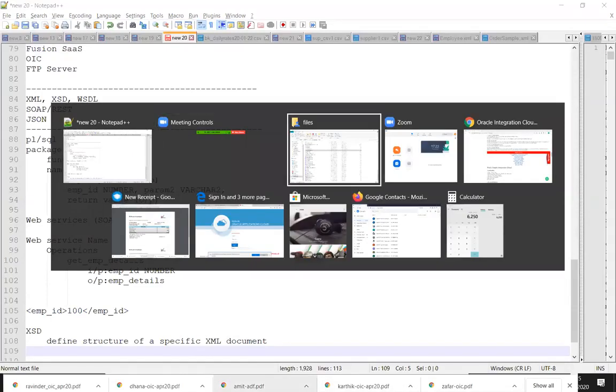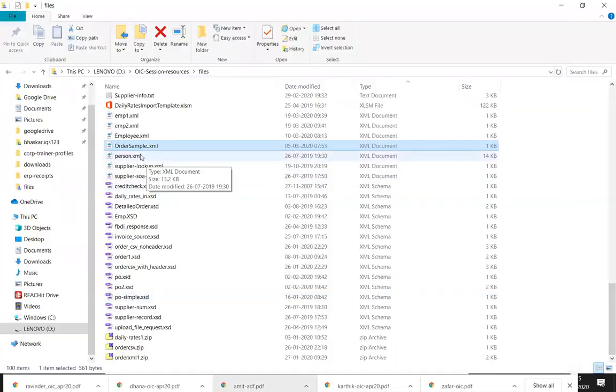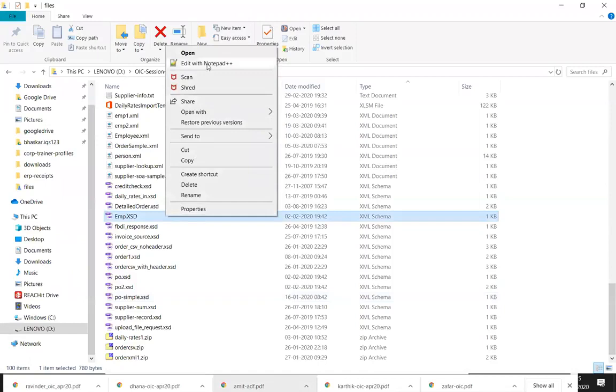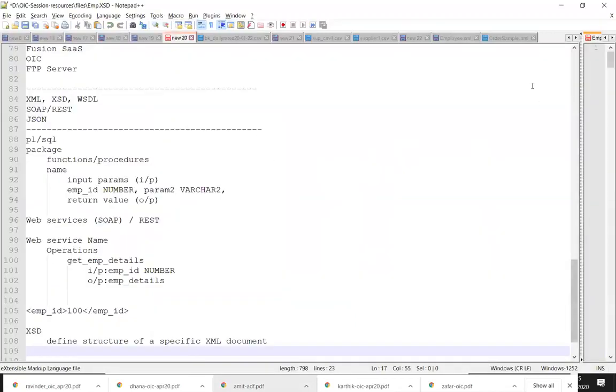If I'm going fast, just ask me to go slow. Generally I'll be going a little fast in this session because it's the fundamentals. We don't want to prolong too much. But if you want me to go a little slow, I can do that. Not a problem.